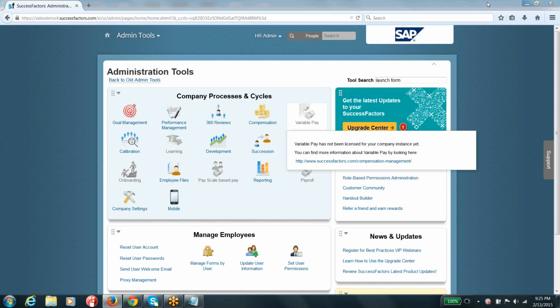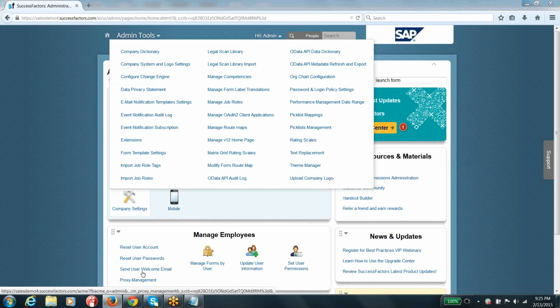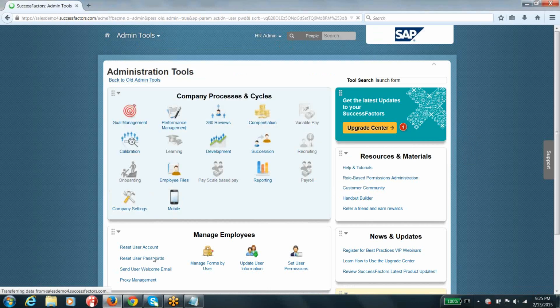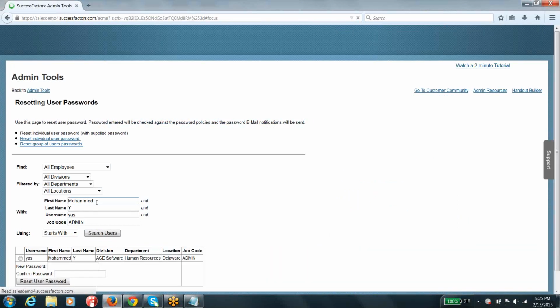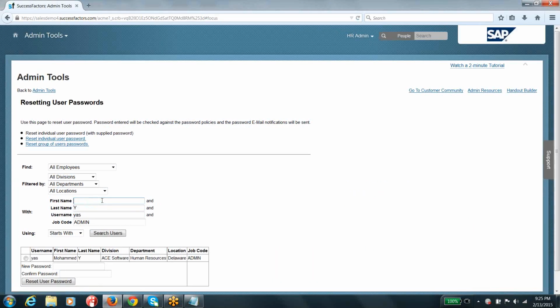Raghu, I cannot log into my SuccessFactors account. I don't know what's going on with it. I tried several times. Can you please reset my name and password? Second thing is that the RAR files you sent me, I can't open them. No, you have to install the WinRAR application, Mohsin. You have to install the small WinRAR application. If you install that, you will be able to open that particular file.